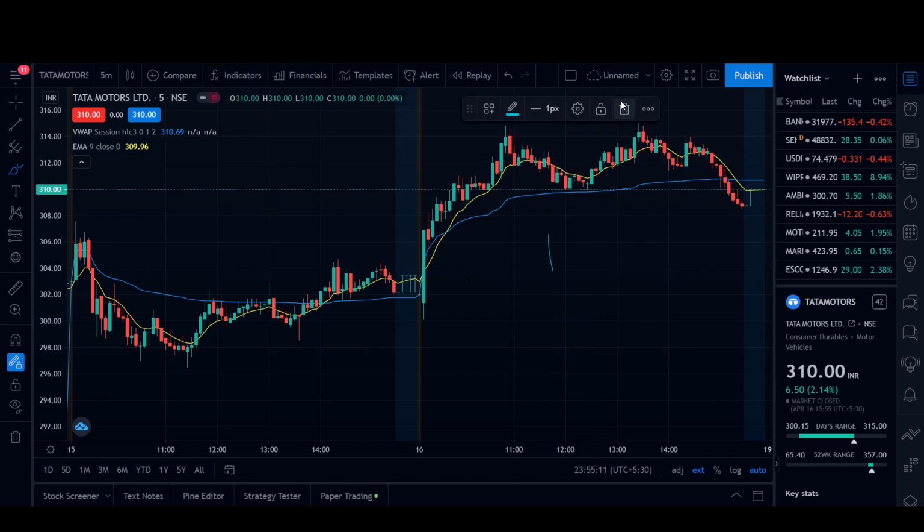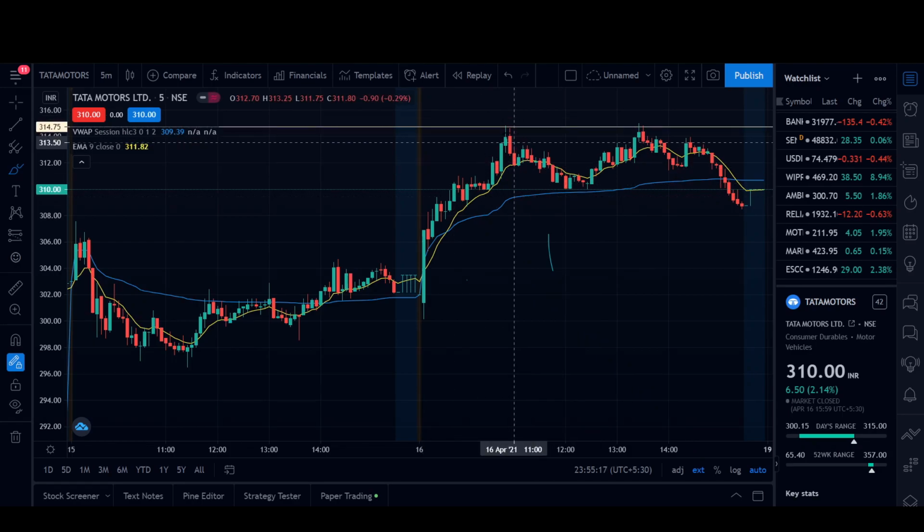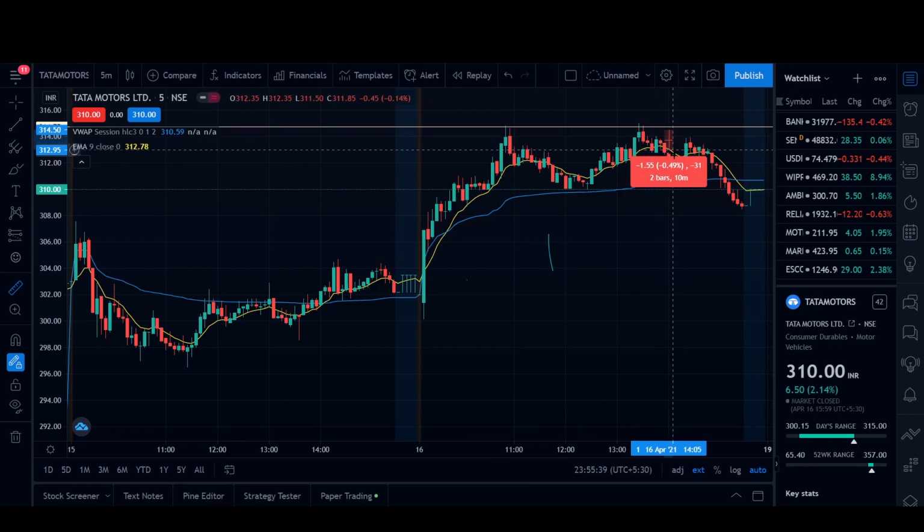As we can see here, let me give an example of how we could take 2 trades. Tata Motors took resistance from this point, took support from the VWAP as it is supposed to, and it is taking resistance here again. So during the day we could have entered here as a short position and achieved a good 1% target. Let's say we would have entered here, we would have achieved a good target of 1%.